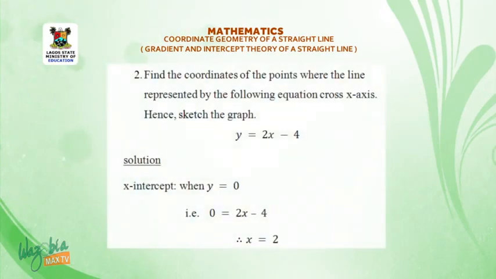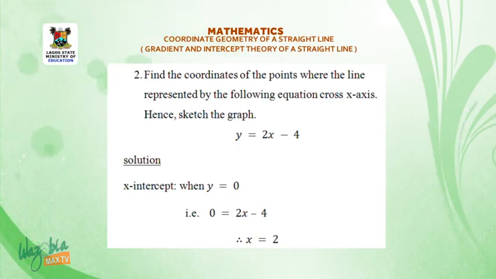Number 2. Find the coordinates of the points where the line represented by the following equation crosses the x-axis. Hence, sketch the graph. y is equal to 2x minus 4. Now, solution: